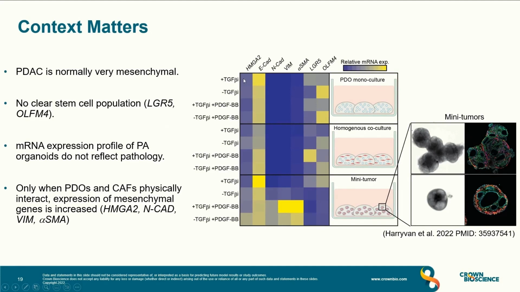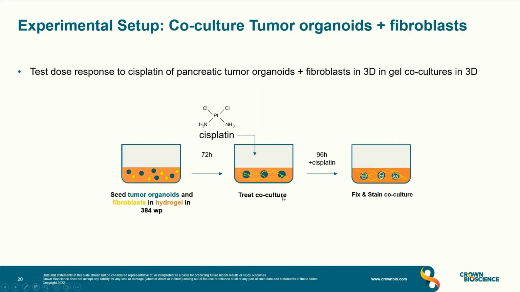What you then see is that mesenchymal markers, the first 5, and stem cell markers only change in the context and become more physiologically relevant in a context where they really touch each other. So context really matters if you want to recapitulate tumor in vivo. Of course, we are trying a lot in this domain to get these co-cultures also ready for